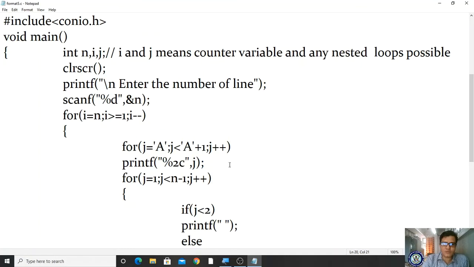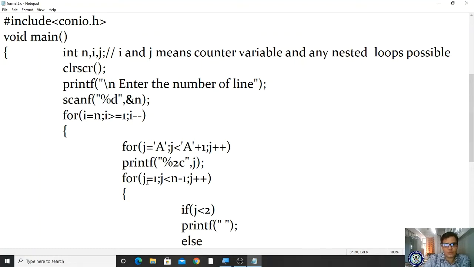If the condition is true, I am displaying this content. Now what I am displaying within the printf, I am displaying the j value. What is the j value? It is a, right? Got it? So why? Because I am taking the character. If you are taking the character, it is having its value, that value will be accepted in the form of character, so hence it will print a. Okay, after printing the a, it is entering one more inner for loop. So here it consists of 3 for loops. Okay, now let us check here.